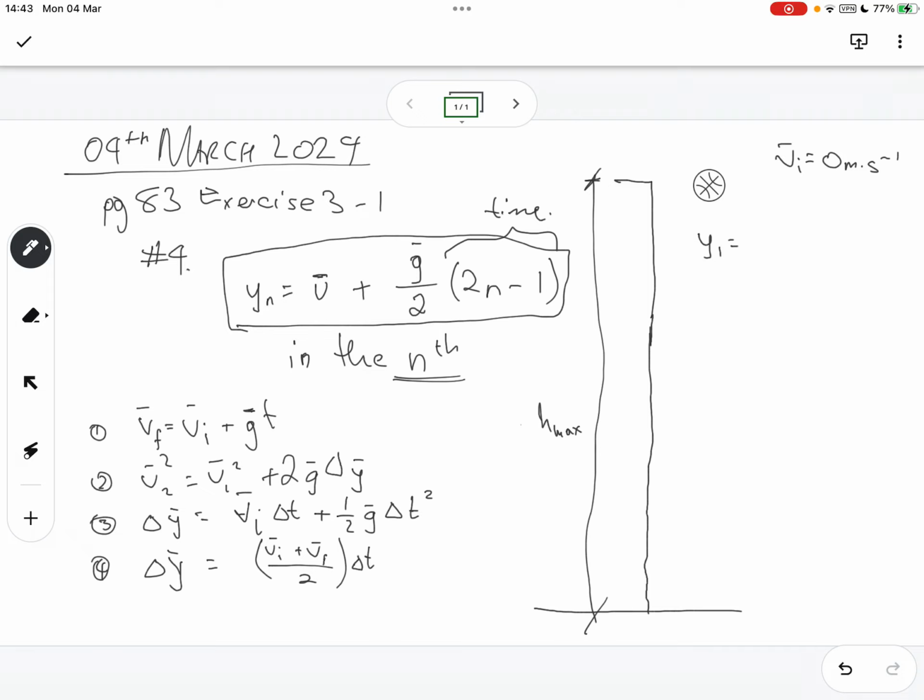Okay, distance at 1 second would be vi times 1 plus a half times 9.8 times 1 squared, which is 0 times 1 plus 4.9, which is 4.9 meters. Distance at 2 seconds would be